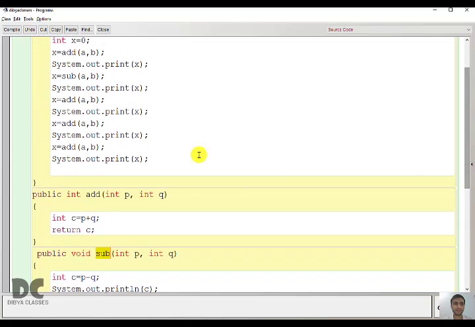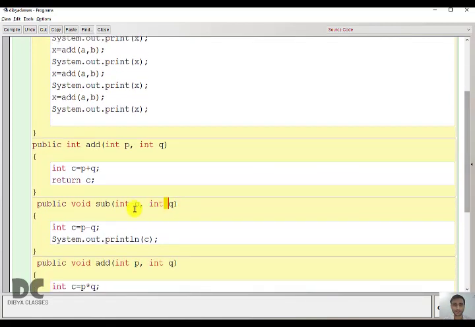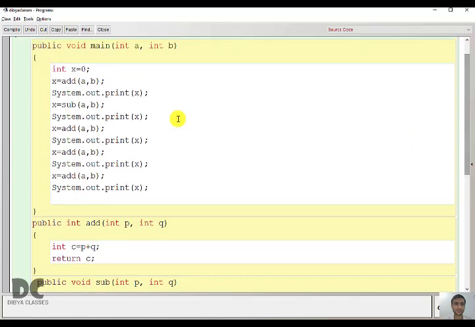So I will call sub here. The cursor will jump to this function. The values of A and B will be stored in P and Q. The value will be subtracted, but I will not print here. I will do return. The value will return back and will be stored in variable x. Okay, and we will print the value.